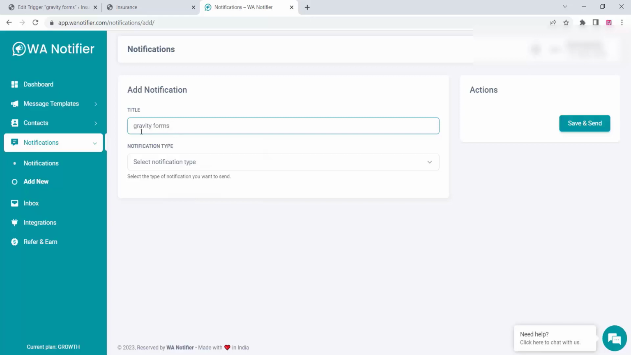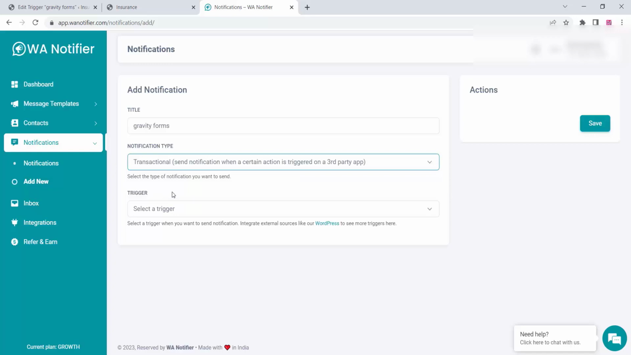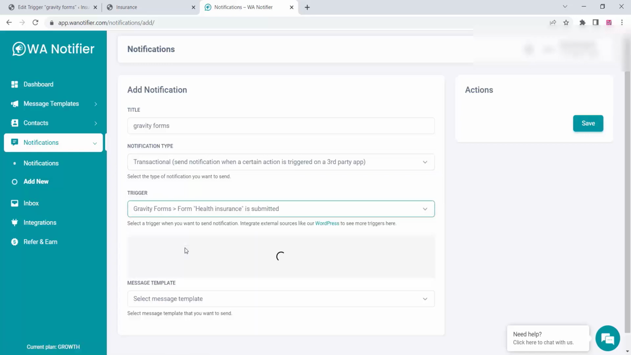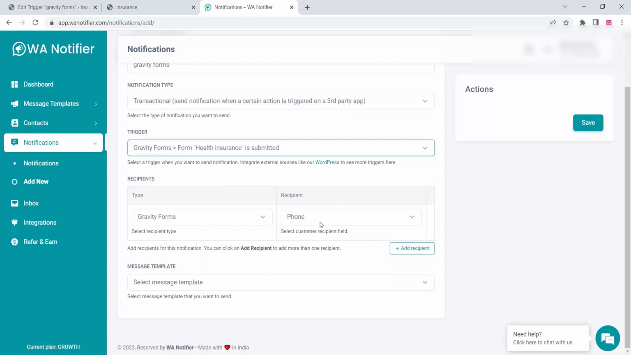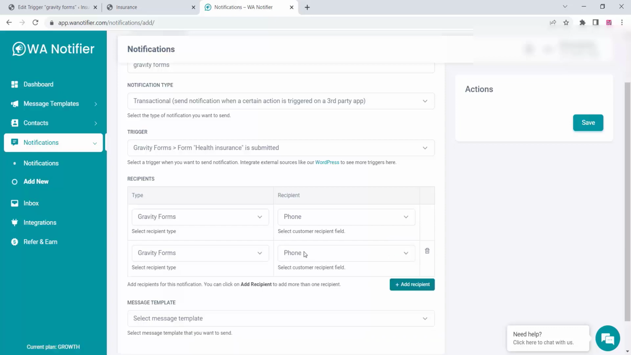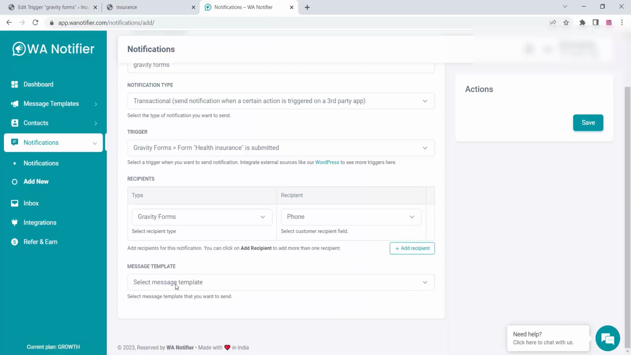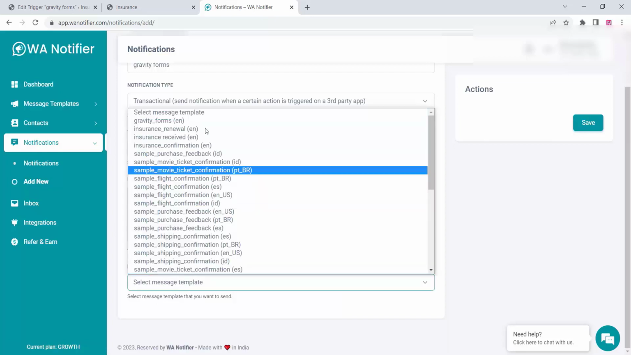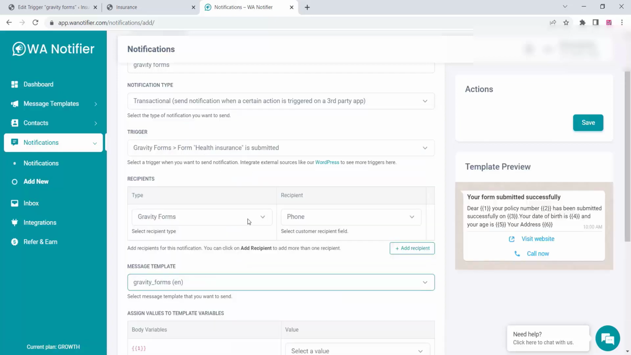You can add the Gravity Forms. First we created the template, now we are creating the notification on the WANotifier. Now select the Gravity Forms trigger which we created. It will be automatically updated on our WANotifier dashboard. So you can select that, and you can see a phone option is available on the recipient field. And after that you can choose the message template, the recently approved template which we created for the Gravity Forms. Just select the message template from the list, and we have a lot of templates. Just select the recently created template,